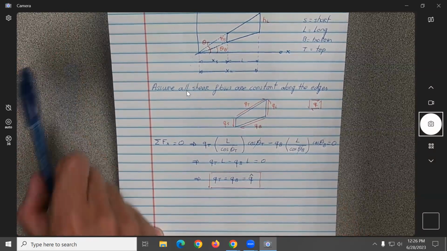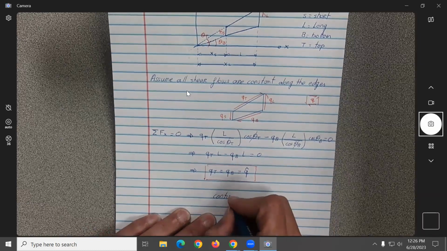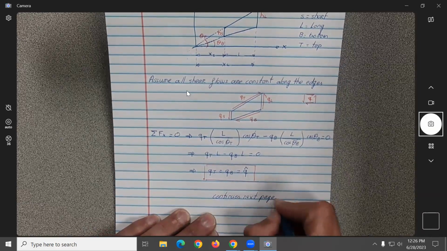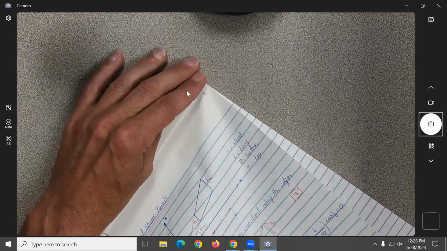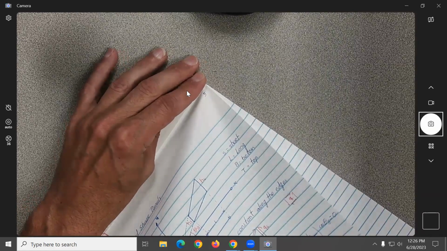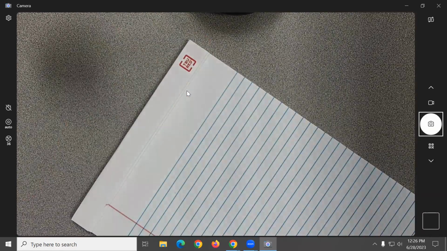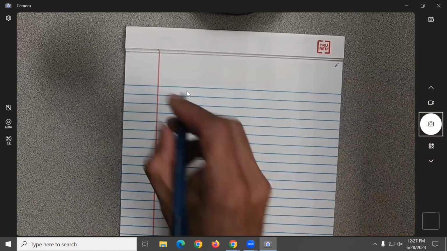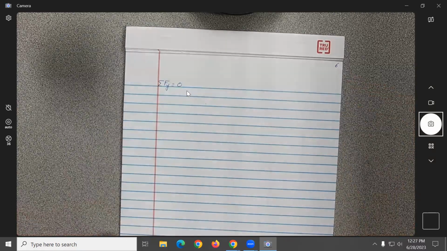All right, now we do the same thing. Maybe let me go to the next page. So continuous. Next page. We're going to do the same thing, but summation of forces on the y. Again, the derivation is not that important. It's just at the end that you write down the equation. All right, page 6. Now we do summation of forces on the y equal to 0,